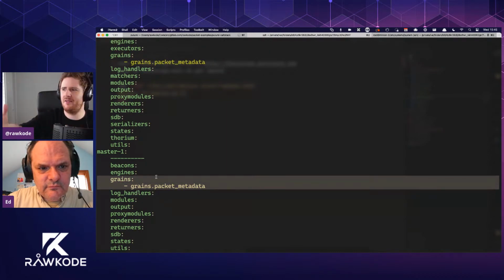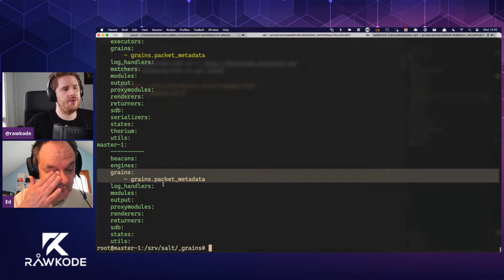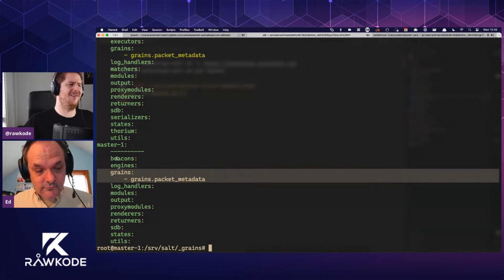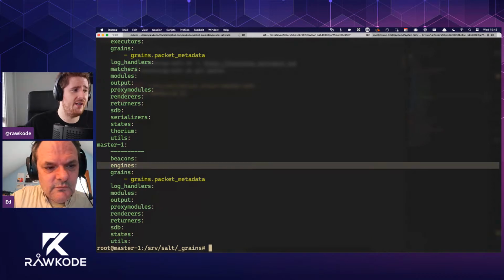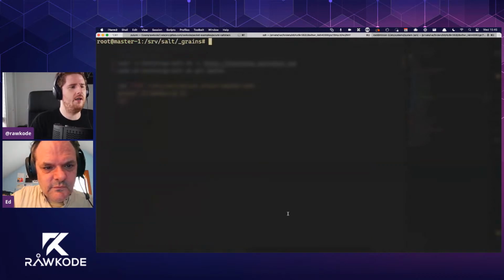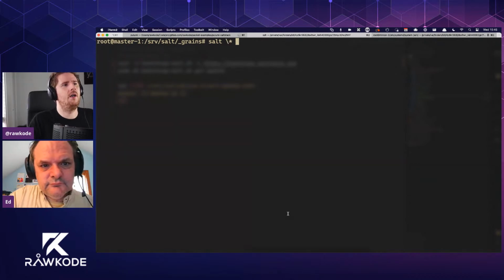It just tells it to scan those expected directories for new module types. And there's loads of module types. We can have states, beacons, different engines, loads. Okay, so let's run our